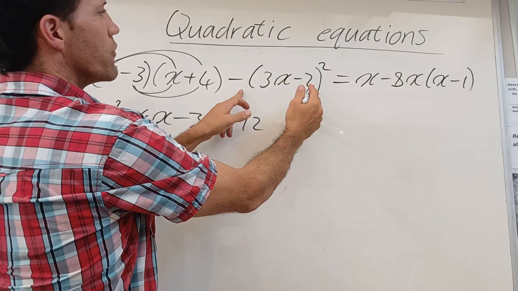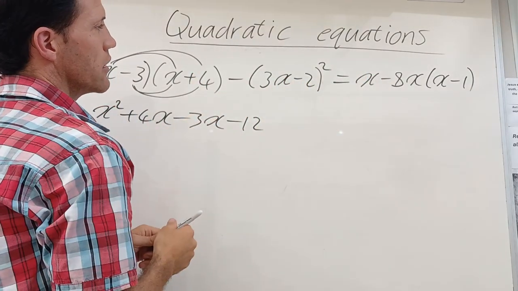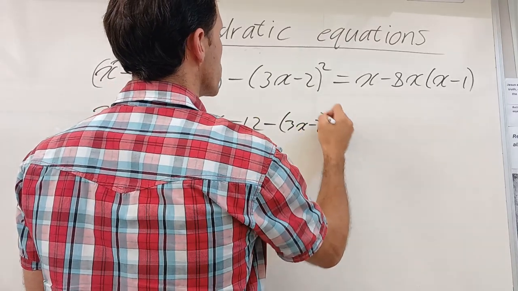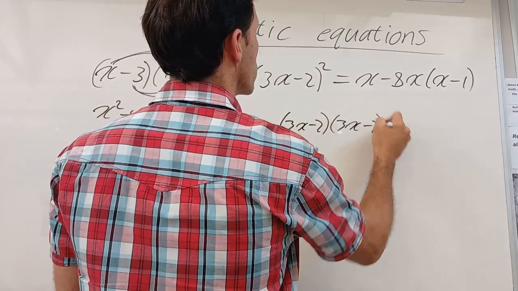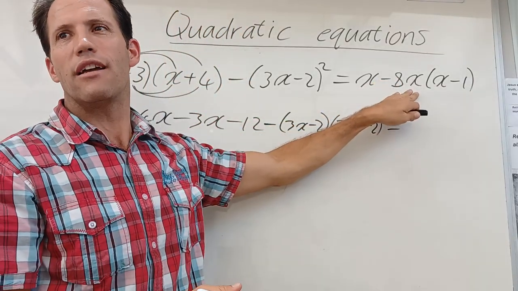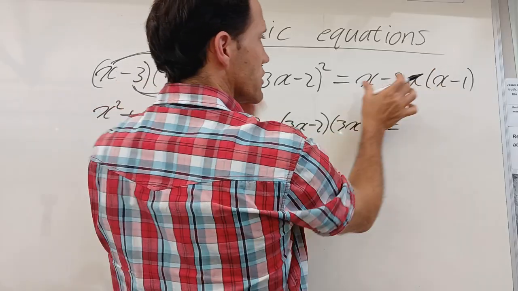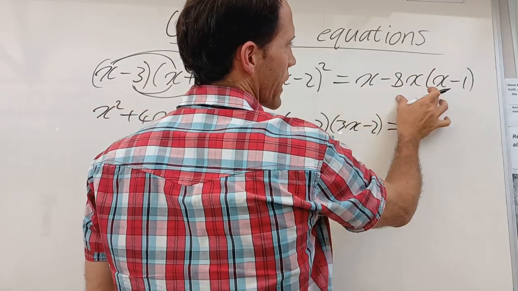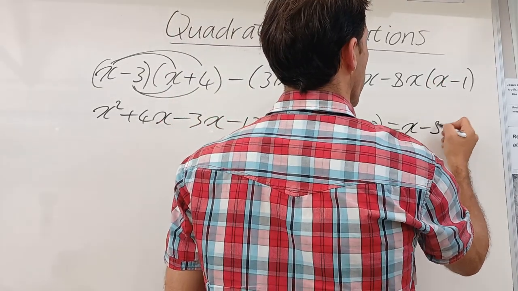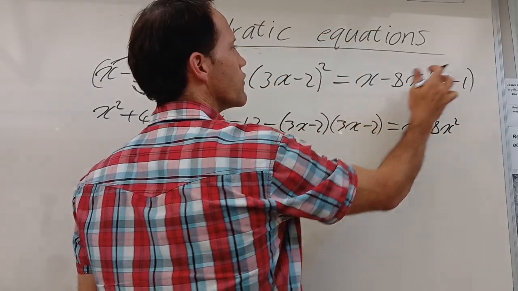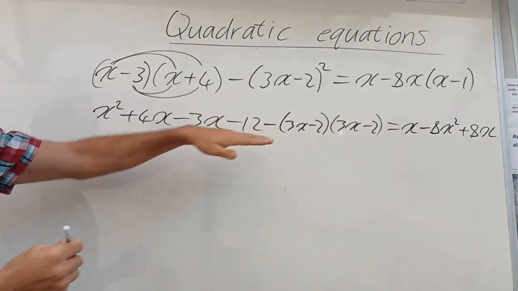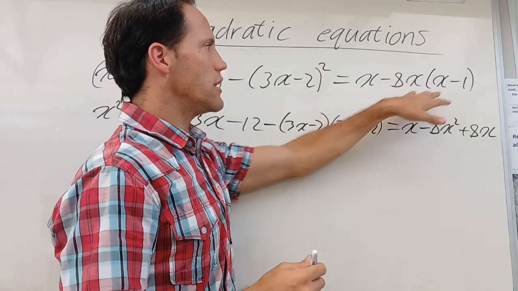Now this one, you're going to have to expand the bracket. So we're going to have to say negative and then 3x minus 2, 3x minus 2. And here we don't say x minus 8x is negative 7x. Remember, first brackets, don't subtract those two. First the brackets. So it's going to be negative 8x times x is negative 8x squared. Negative 8x times negative 1 is plus 8x. So we first do that, first multiply it in over there.